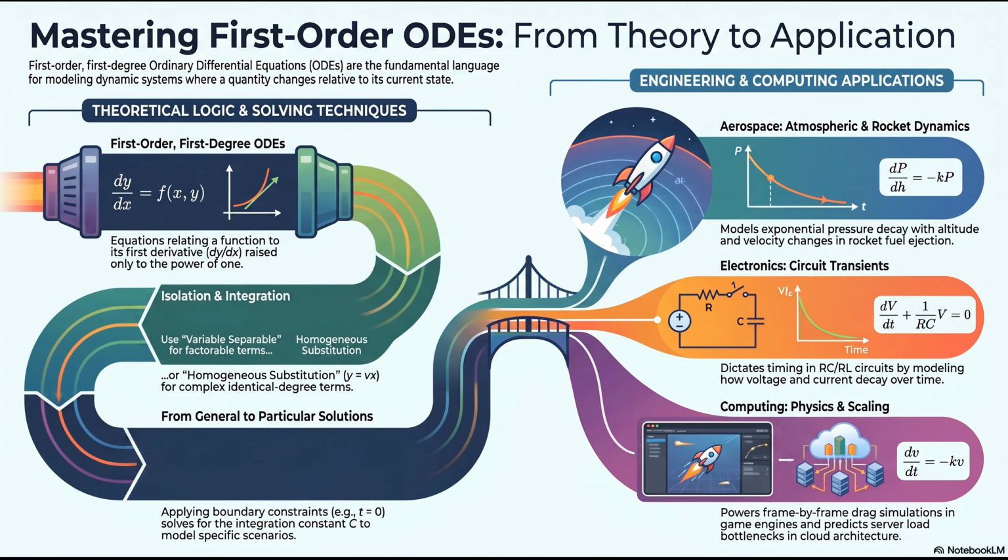If we connect this to the bigger picture, this is arguably the most crucial application for modern digital infrastructure. Really, the most crucial. Yeah, think about a massive cloud server during a major global event, like a highly anticipated streaming premiere or a massive holiday sale. Everyone logging on at once. Right. Web traffic doesn't arrive in a smooth, linear fashion. It arrives in chaotic surges. The server has a queue of tasks. Okay. The rate of change in that queue length, so how fast it is growing versus how fast the servers can process the requests, can be perfectly modeled using first-order rate equations.